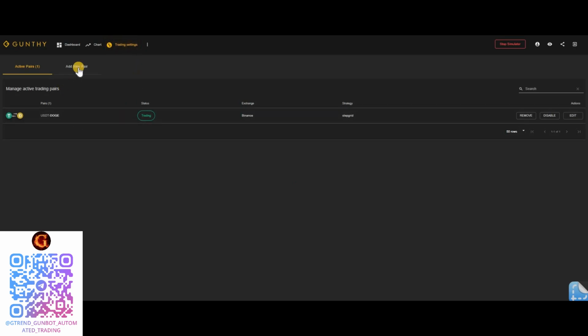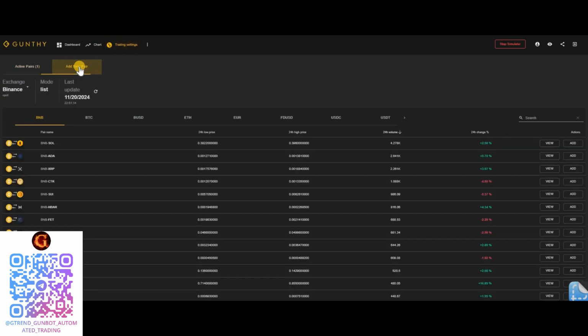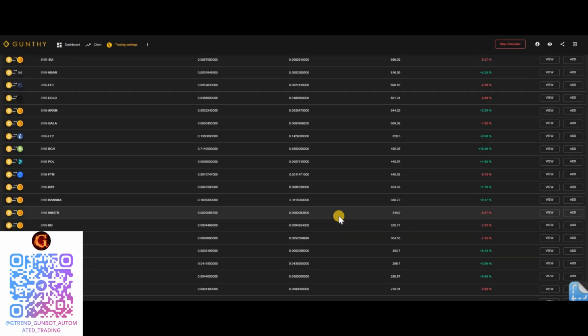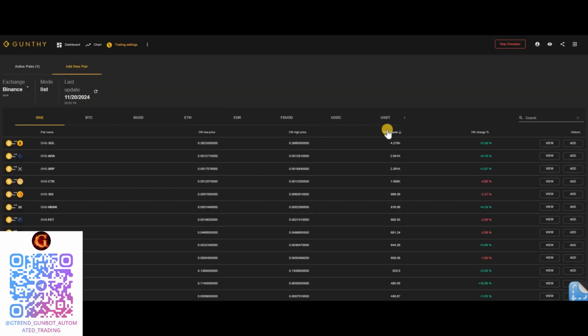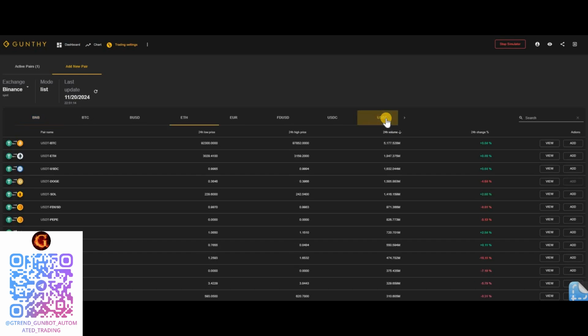First of all, you go to trading pairs, you go to add pairs. I'm currently using Binance. Once you have selected the pair you would like to add for USDT pairs, you select it, you add it, you click add. Once you have added the pair,